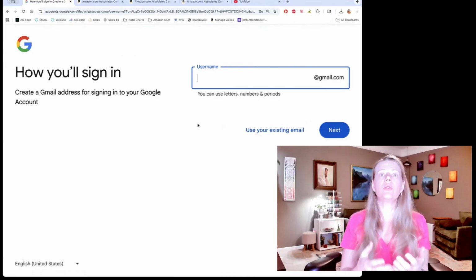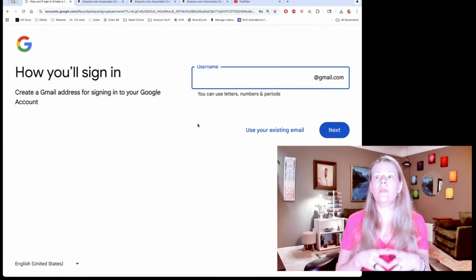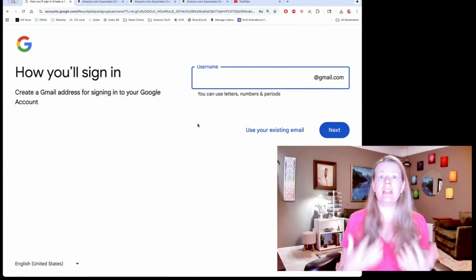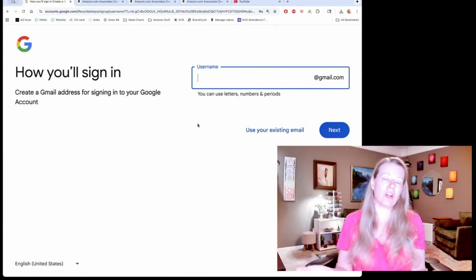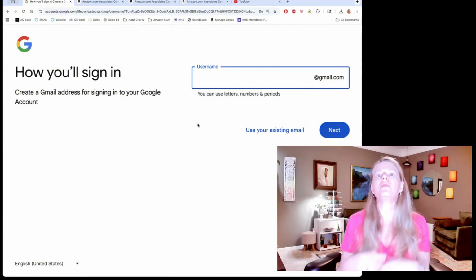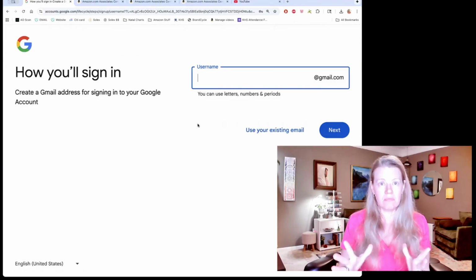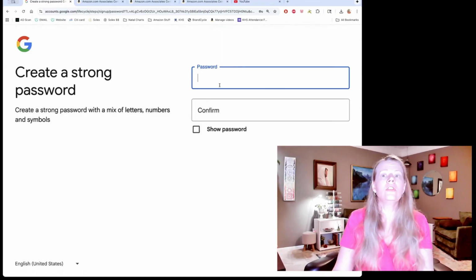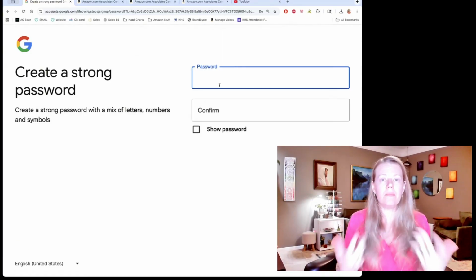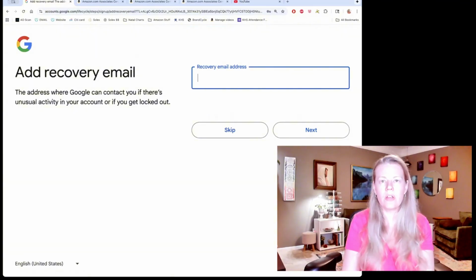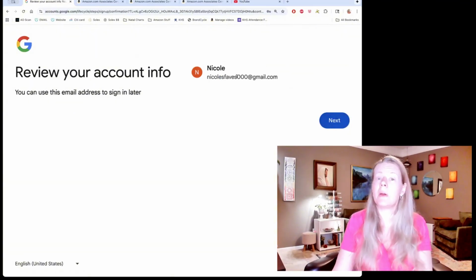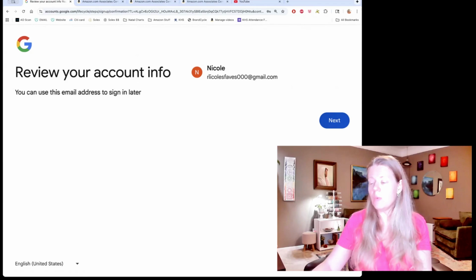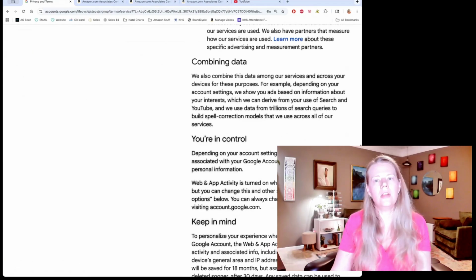Then this is where you're going to create your Gmail address. For example, for my review channel, I set up an email address, and I have an NRV, which are my initials, reviews@gmail.com. So you're going to set up your username and set that up. So let's just do a test account. Okay, there we go. So you get your account set up, do a password, and then you'll put in your recovery email address. Now you want to write this down, especially if you use some funky numbers or something. You're going to want to write this down and save it somewhere. Okay. You're going to accept,